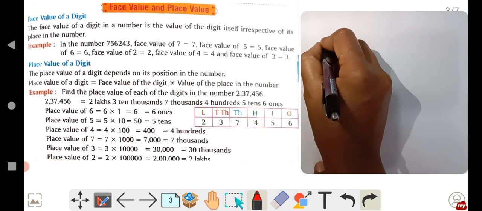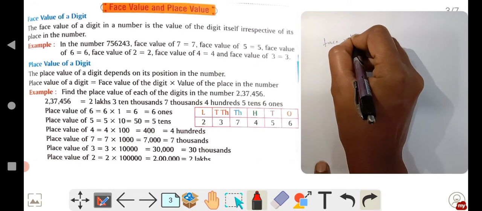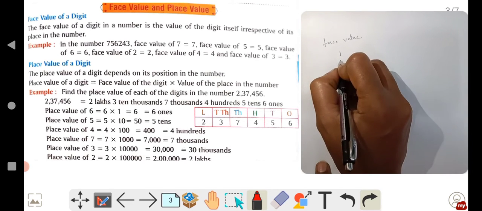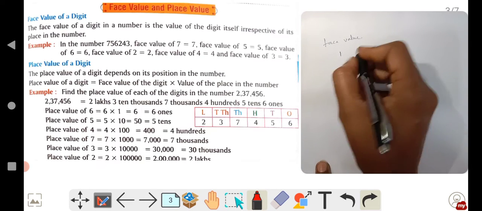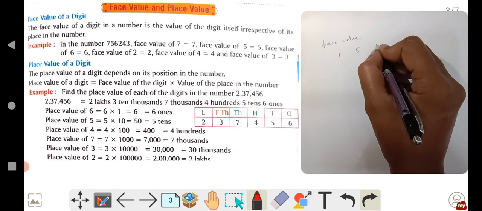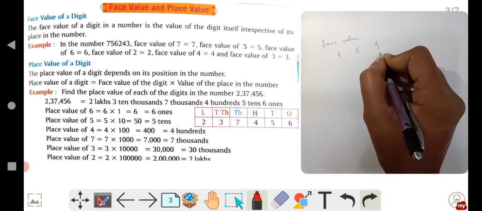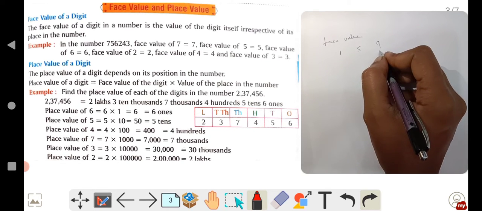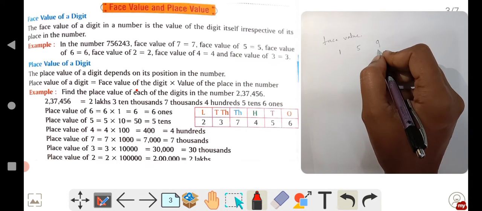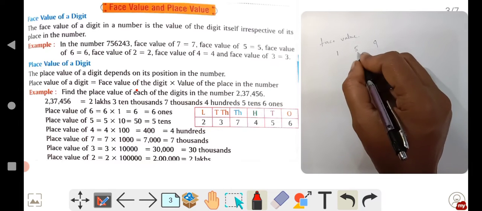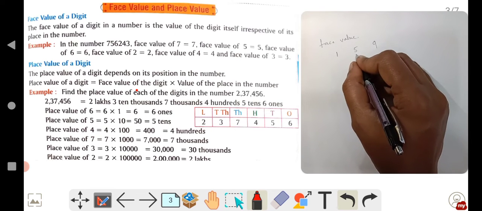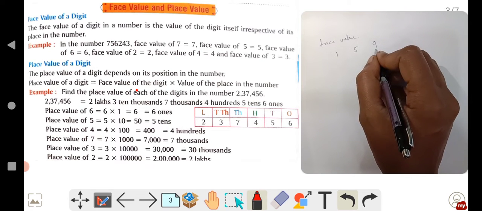That is face value. If I write this number, whenever you see this number, what will you say? It is 1. And if I write like this, you will say by seeing this, it has 5. And you will say this as 9. So whenever you see the number, you will just take its name, is it? You say this as 5, you say this as 9, you say this as 1. You can't say 1 as 2, you can't say 5 as 6, and you can't say 9 as 2 or 3.